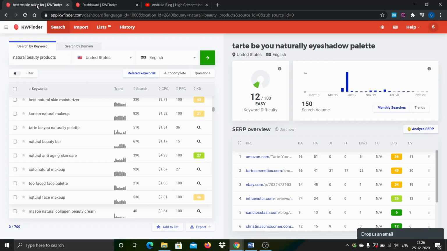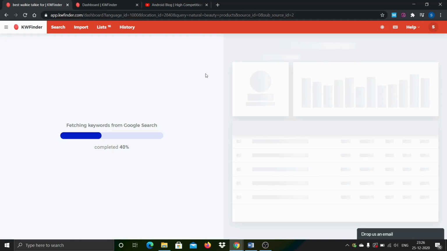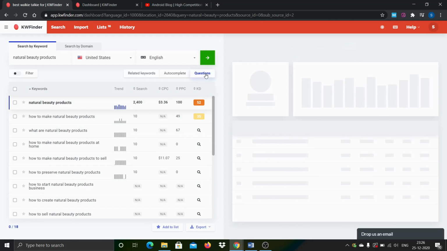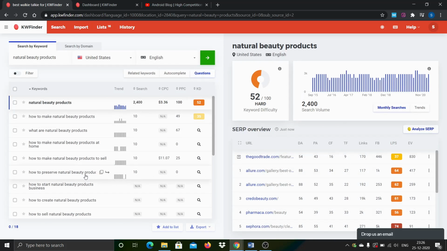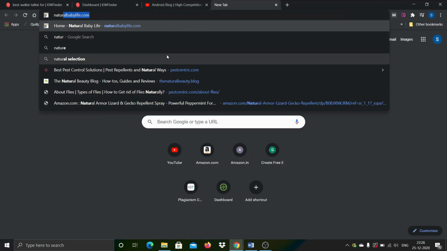Another most interesting thing is questions. It is anyway there, and it is also available in Ahrefs. When you are shortlisting, when you are doing an analysis, you can select for questions. That is okay. But the third one, if you see here, is something called autocomplete. This is very interesting. I don't think it is available in any other tool. Of course, they may merge these keywords into the general list, but exclusively what autocomplete is, for example, if you are looking for natural